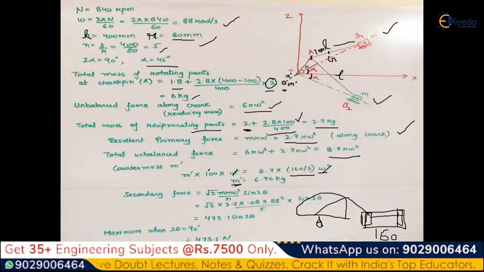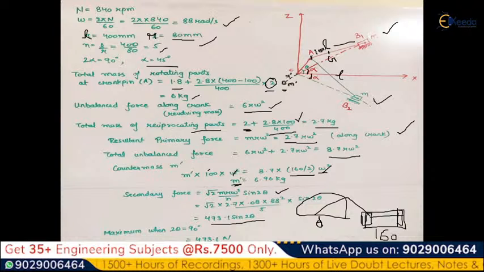Now the second thing that we have to calculate is the resultant secondary force if the speed is 840 rpm. So we know the resultant secondary force is root 2 m r omega square upon n into sine 2 theta. We know m, we know r, omega is already known, n is already known. So we place all the values and we get this answer. And to find the maximum value, so maximum is when 2 theta is 90 degree. So when we place the value, we get